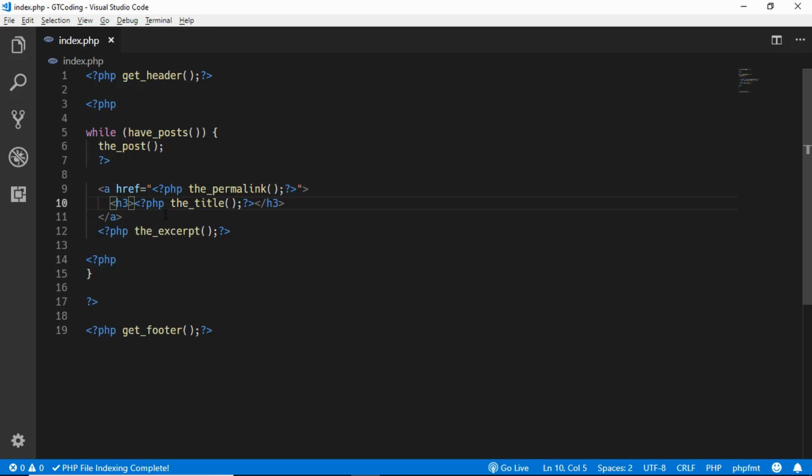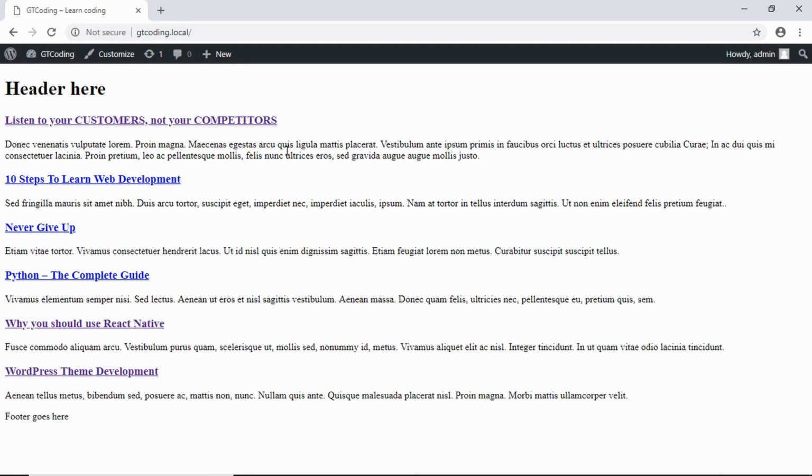Now whenever the title is clicked, the user should be taken to that particular post. So I'll just save this and refresh our page. So we have these titles displayed over here, and we also have the link. If you take a look at the bottom left corner of the screen, you can see the link of each of these posts. So this has a different link, this has a different link, so each of these posts has a different link. So we'll just click on one of these posts,